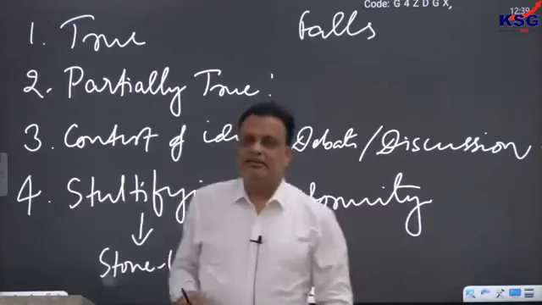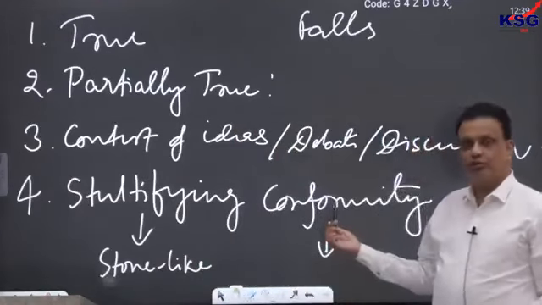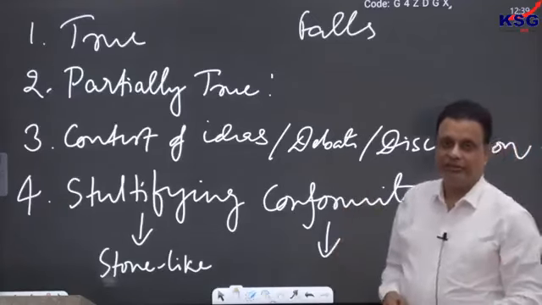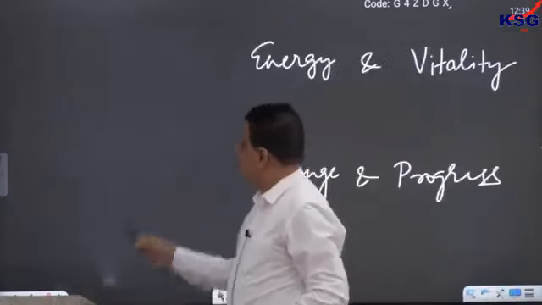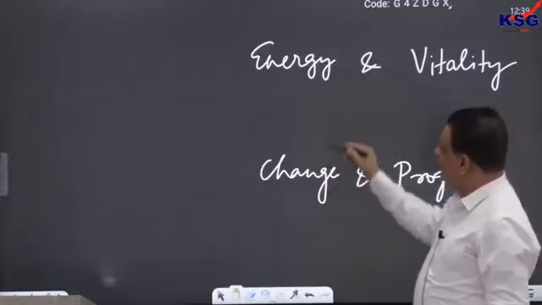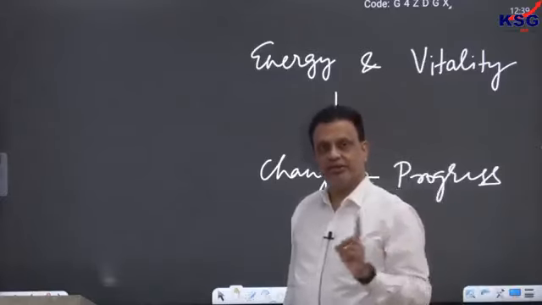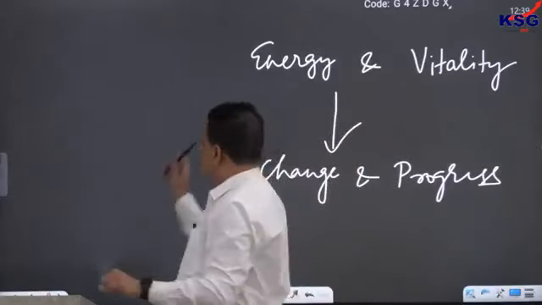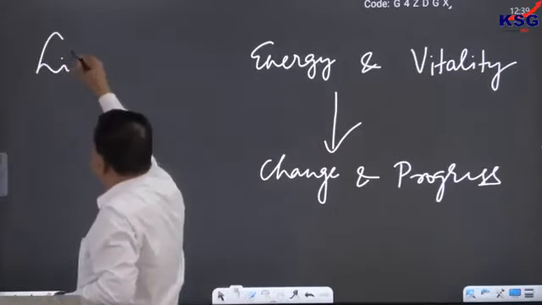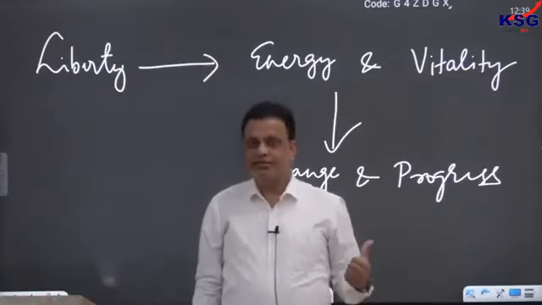So, he says here that a society that does not allow dissent becomes more and more a conforming society, a uniform society. Diversity is killed there and nothing new happens. Such a society is deprived of all the energy and vitality which is necessary for social change. Any change requires energy, even physical change requires energy; as you know, social change also requires social energy. Mill says that for any change to happen we need some energy, and that energy always comes from liberty. Liberty is the source of that energy which ultimately creates social change.